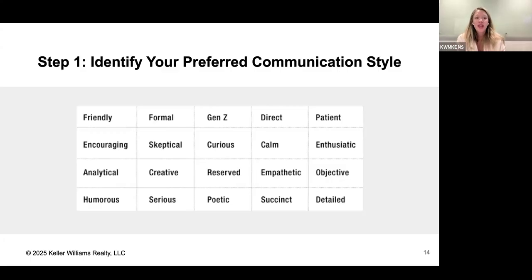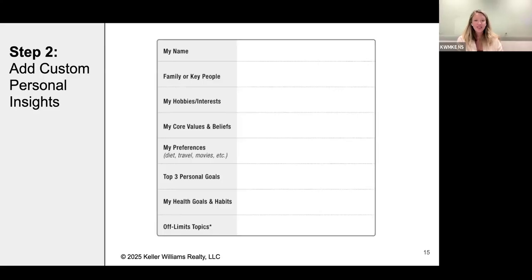Step number 2 is adding custom personal insights. So the basics, your name, and this is going to be more personal stuff, family or key people in your life, because if you're utilizing it for personal and professional, it's going to need some of this in here as well. All right, so your hobbies, your interests, your values, your beliefs, your preferences, your diet, your travel, what you